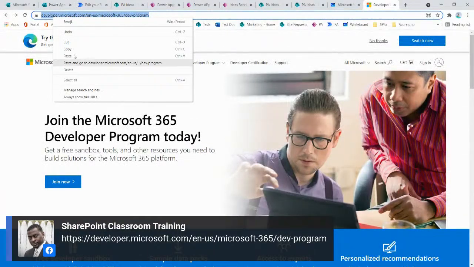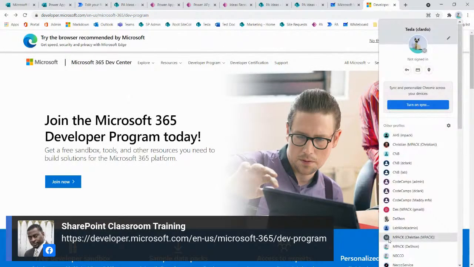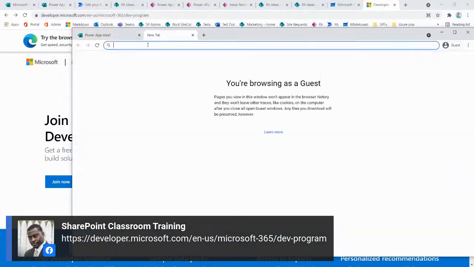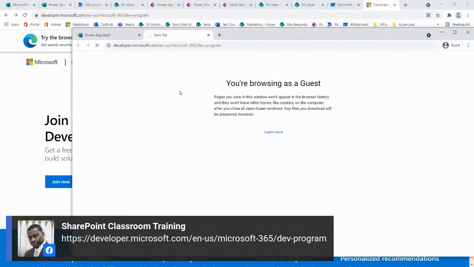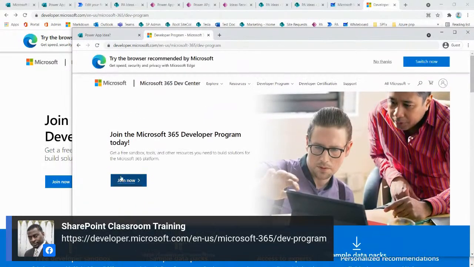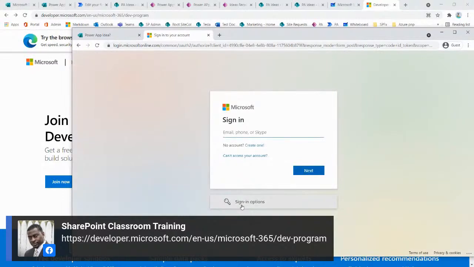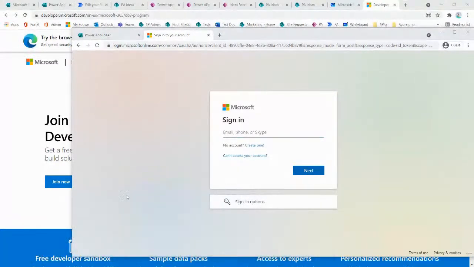Let me try this URL from incognito mode, because I want to show you the actual experience and how you can get around certain things, because it does prompt you for an Office 365 credential. Right? When you click on join, it's going to say, okay, log in with your 365 credentials. Now, you have a couple options here, right? One option could be you can log in with your organization account. Now, this is a one-time deal, right? This is Microsoft saying, I'm giving you this dev program, this dev tenant,